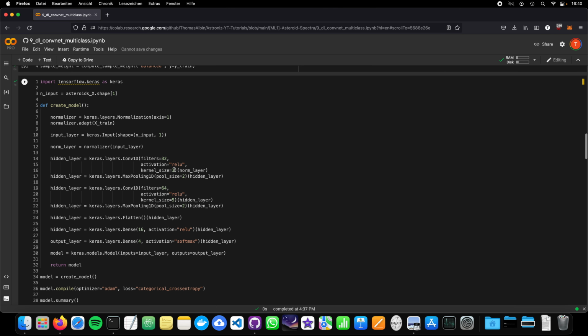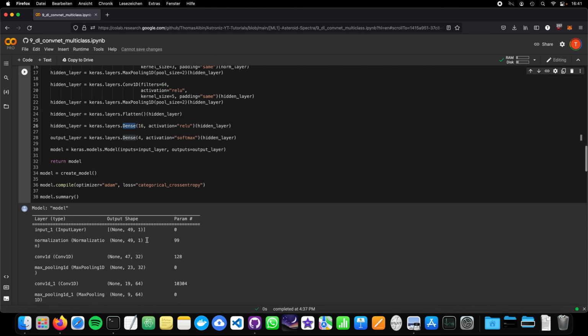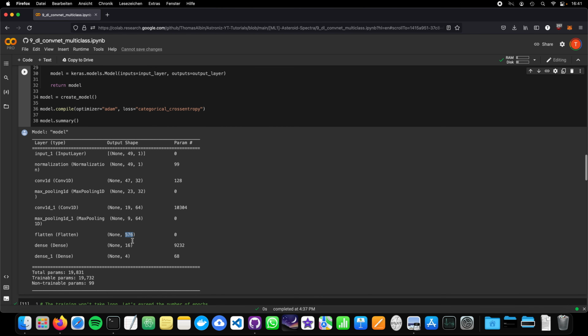And of course, you can now play around a little bit with the neural networks. So we can add some padding here, like using same padding, and here as well. You can also change the dense layers. So I just mentioned we have